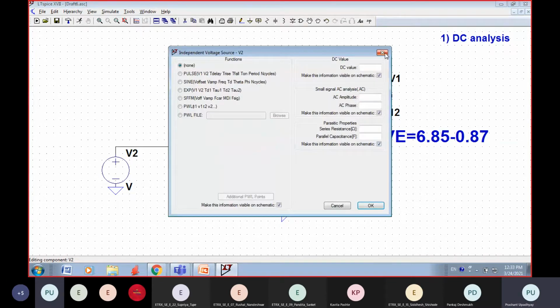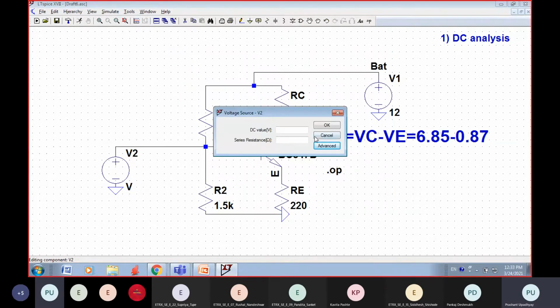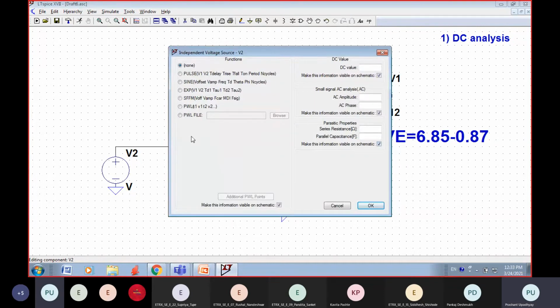I should go into advanced option because now I want to set signal like sinusoidal. I want to set it to be a sinusoidal signal. So there is an option in LT Spice. The software gives you option of giving a sinusoidal. Okay, so what amplitude you want to give to this sinusoidal input? Okay, let's see. So can anybody suggest to me what input you want? So I will give 10 milli because 10 milli is the small signal and this is a small signal amplifier.